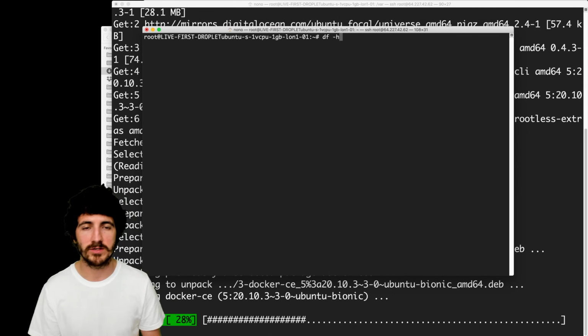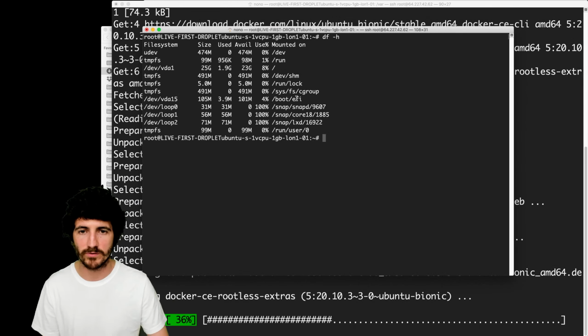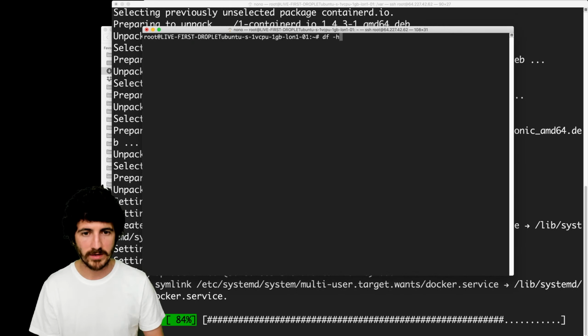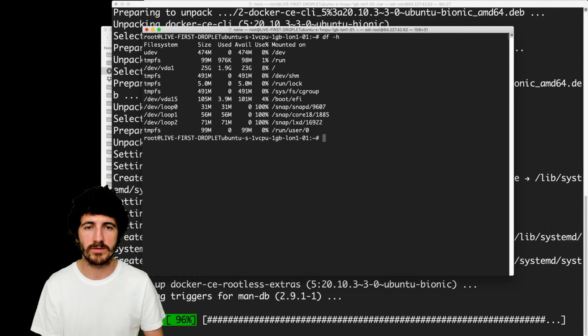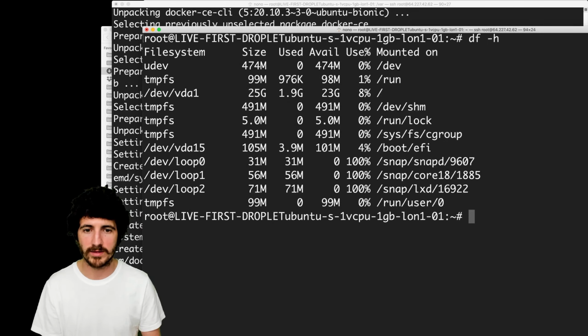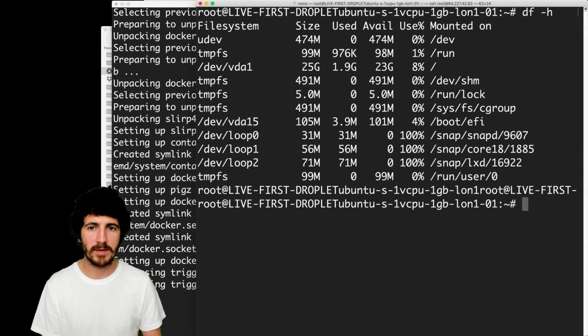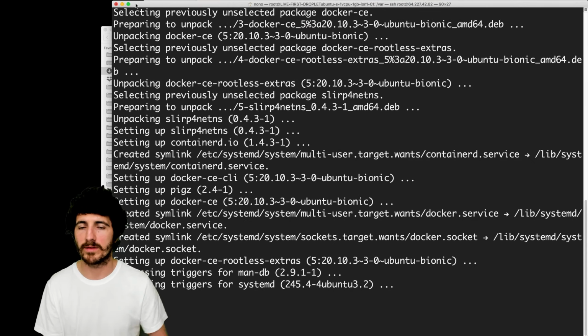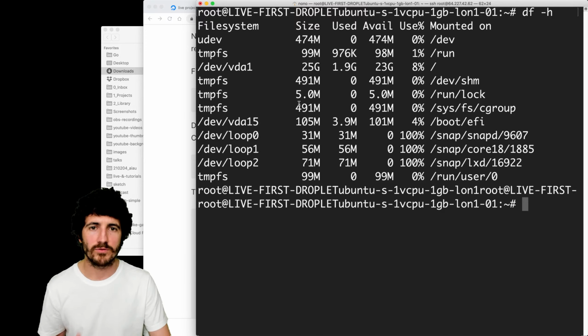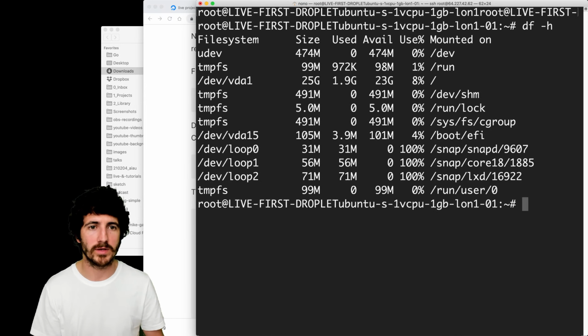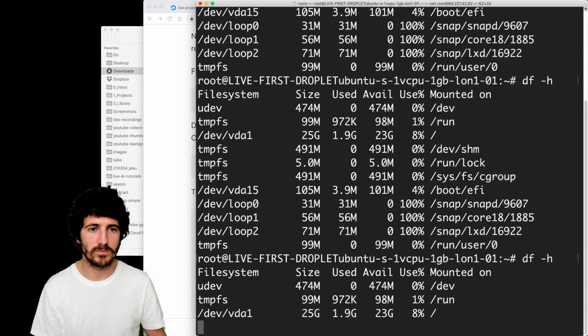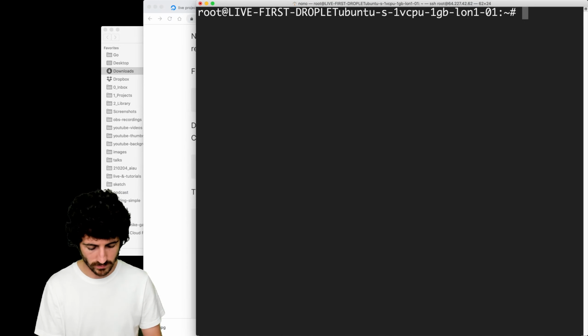I have some tricks here where we can see the space of all the folders. df -h, where h makes it human readable. Without it, this is bytes, I think. With the -h, we get these numbers in a way that a human can understand and read. You can see now on our disk we have 20 gigs free, so we're starting to use more and more of that. And if we do it again, this will increase as we go.